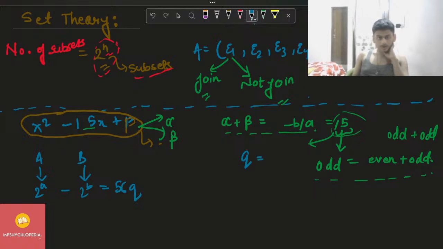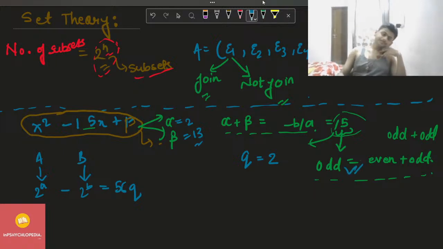So here q is 2, because there is no smaller prime number than 2, and it is given that q is the smaller of the two prime roots of this particular equation. So if we say alpha is equal to 2, then beta will simply be 13. Otherwise, if you don't want to do it this way, you can also do it by the hit and trial method. There is no problem, but you can do it this way also. Now after all of this,